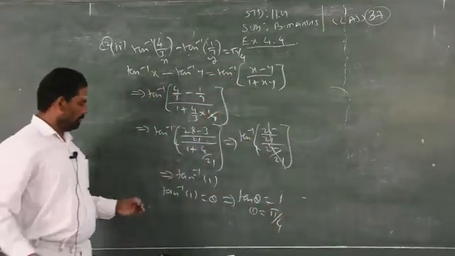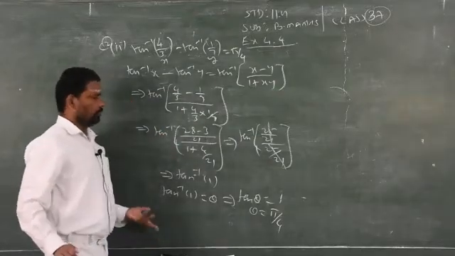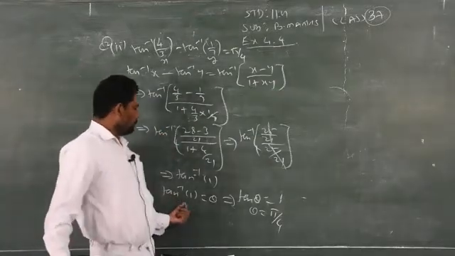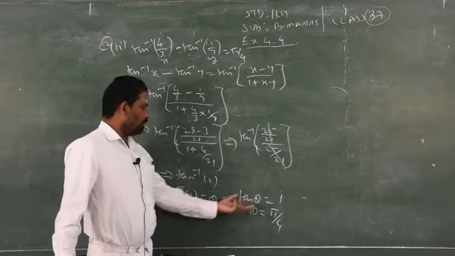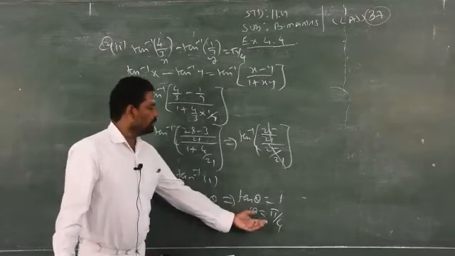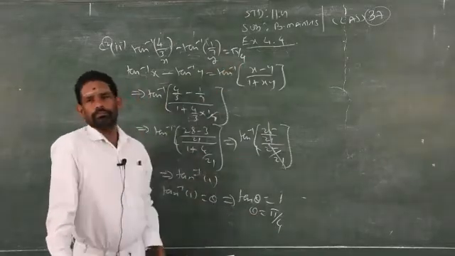Very simple. The only thing is you have to memorize the formula, and you will get the answers. So consider tan inverse of 1 is equal to theta and find out what the principal value is. Principal value is pi by 4, that is what you have to prove. Clear?